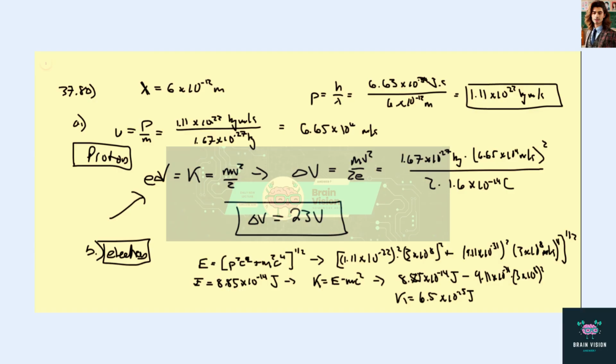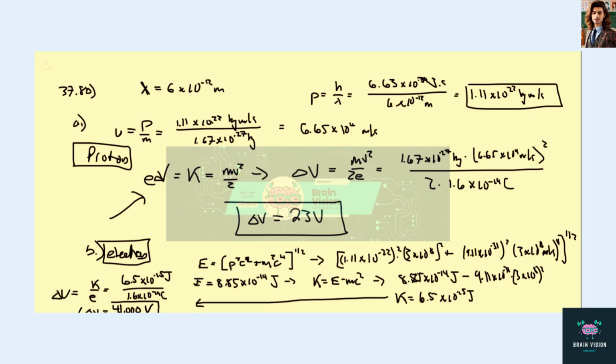And now from the kinetic energy, let's go over here, and we know that delta V is K over e. So this is just 6.5 times 10 to the negative 15 joules over 1.6 times 10 to the negative 19 coulombs. And delta V comes out to being, when we plug this in, 41,000, I'm rounding here, 41,000 volts or 41 kilovolts. Cool. So it takes a lot more potential difference to get the same de Broglie wavelength out of accelerating an electron rather than a